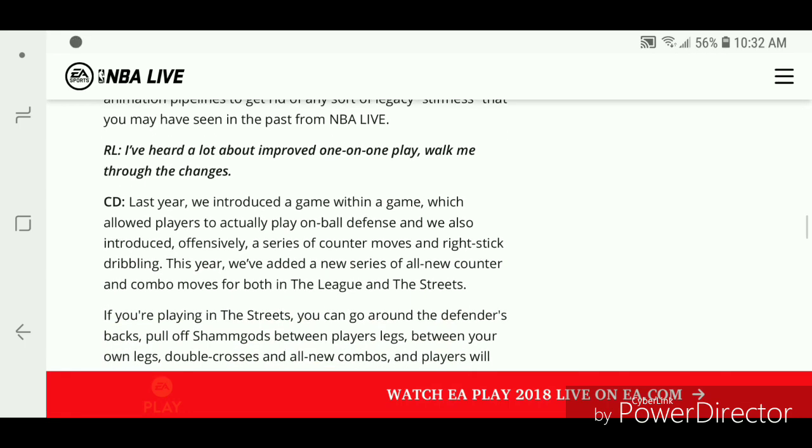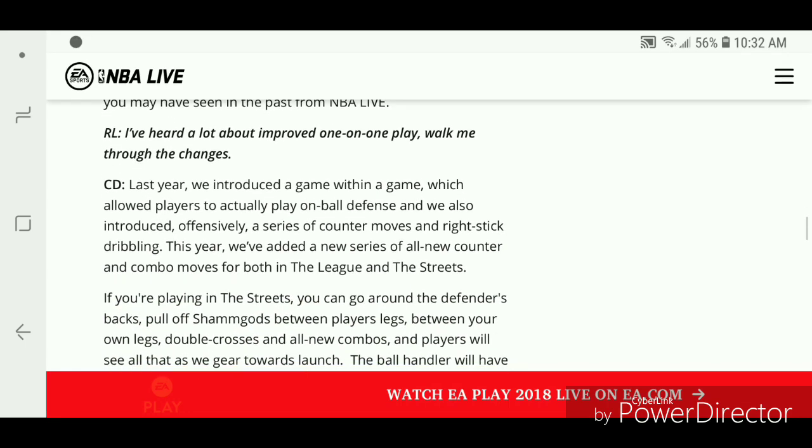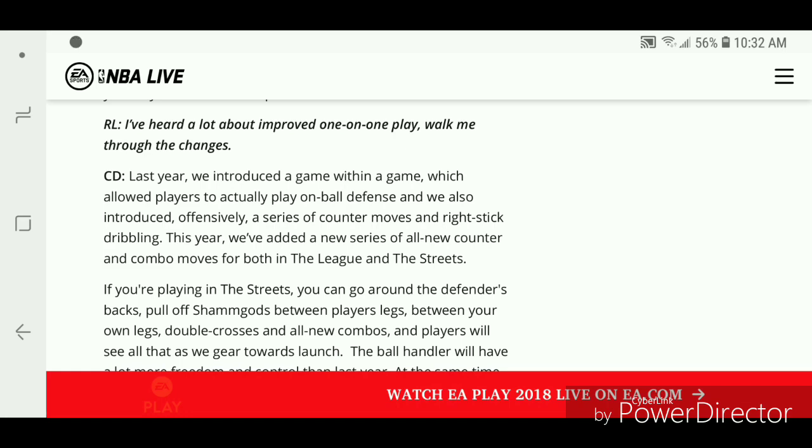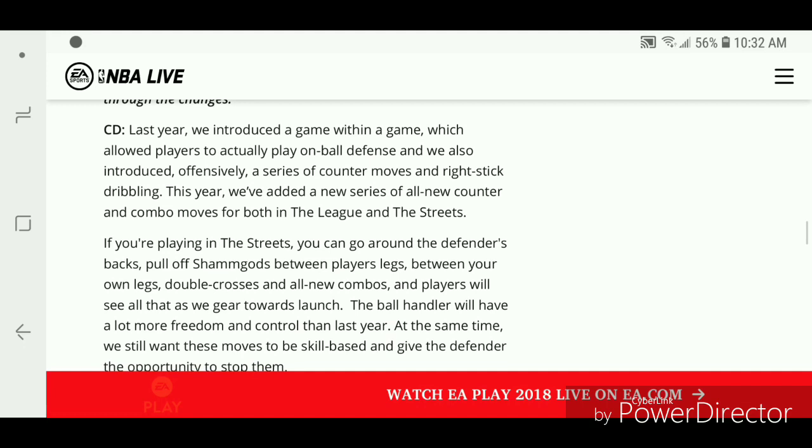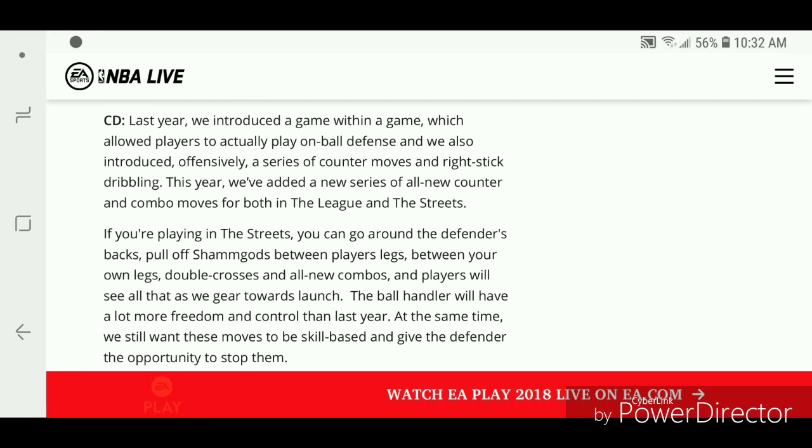I've heard a lot about improved one-on-one play. Walk me through the changes. Last year, we introduced a game within a game, which allowed players to actually play on-ball defense, and we also introduced offensively a series of counter moves with the right stick, dribbling. This year, we've added a new series of all new counter and combo moves for both in the league and